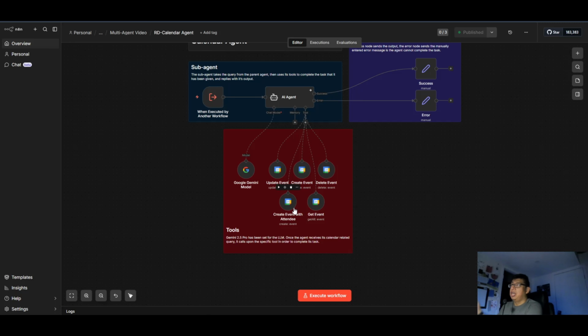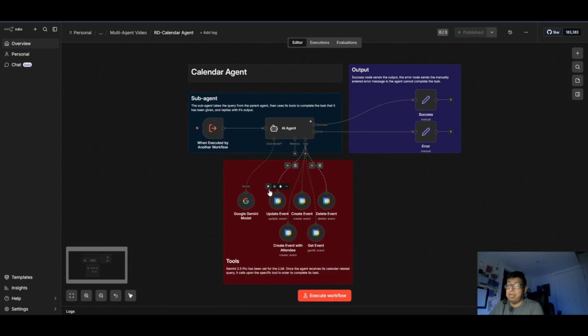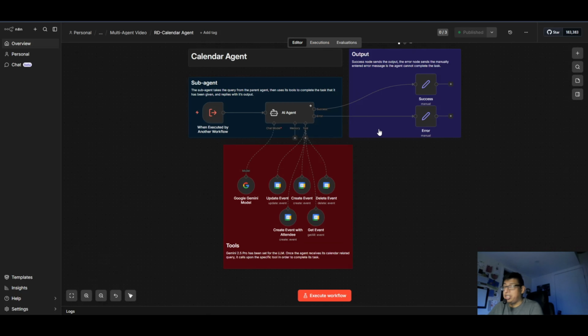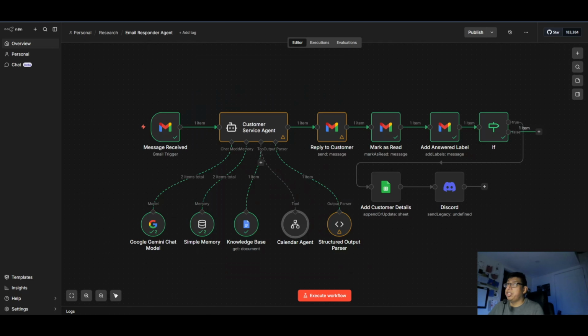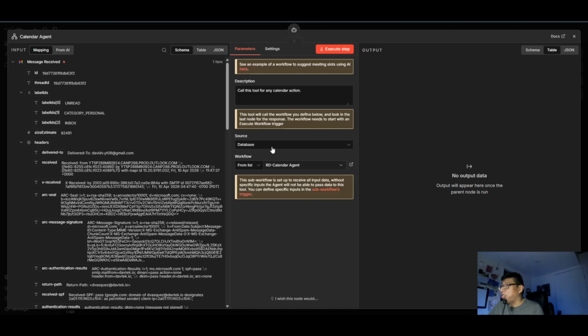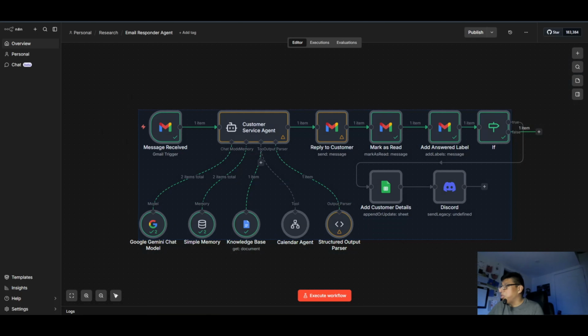So if you don't have this here, the agent is not going to book. It'll send the query to this sub workflow, but then this will show an error saying, hey, I don't have the ability to book with an attendee. So that's why this is a separate node. Once it does that, then it's all set up and good to go. So quick, nice and easy. That's all there is to this sub workflow. And then once you have it configured, make sure that it's published. Even when you're testing this and you have it unpublished, like I do here, this will have to be published, otherwise it's not going to work. And then you just select that one right in here.